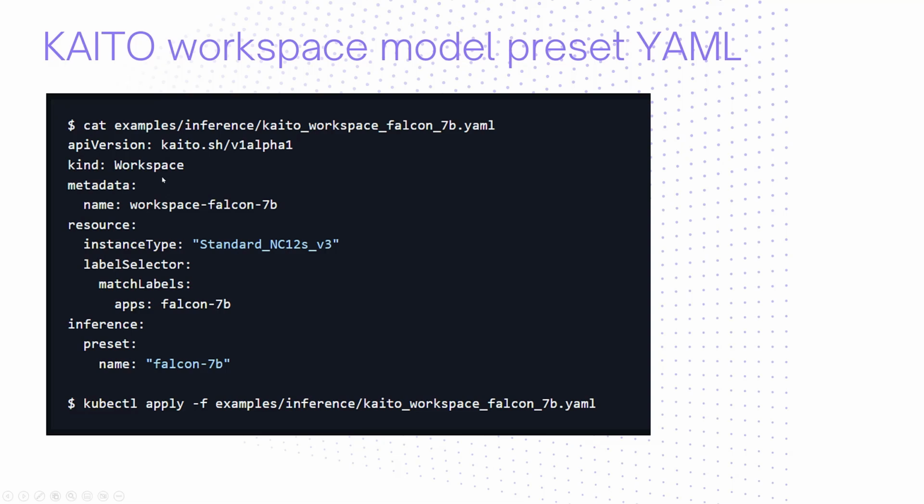It's a custom resource in Kubernetes, and we define the instance type and the actual model. And then to initiate that, we can do kubectl apply. And as Kaito is installed and set up, it will go through its process of automating a model into your